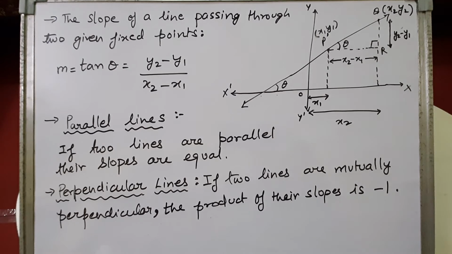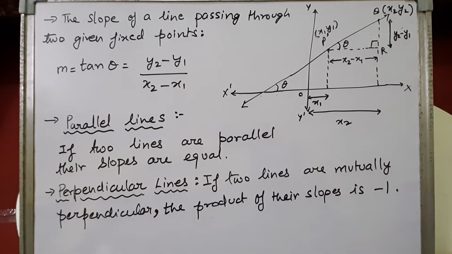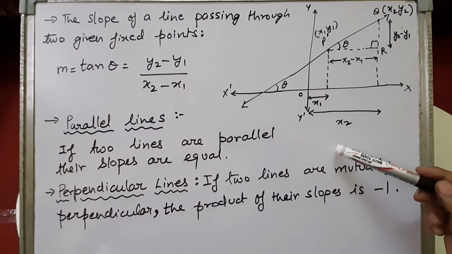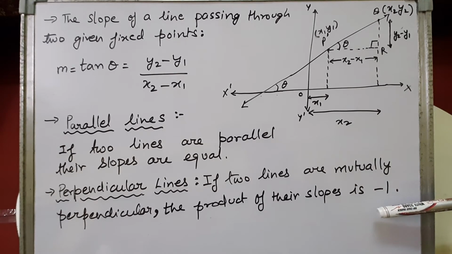Alright children. Now remember, when lines are parallel, their slopes are always equal. When two or more lines are parallel, suppose 10 lines are parallel, then the slope of all the lines will be the same. Suppose two lines are mutually perpendicular to each other, then the product of their slopes will always equal minus 1. Just remember these important points, right? Note down the board please.